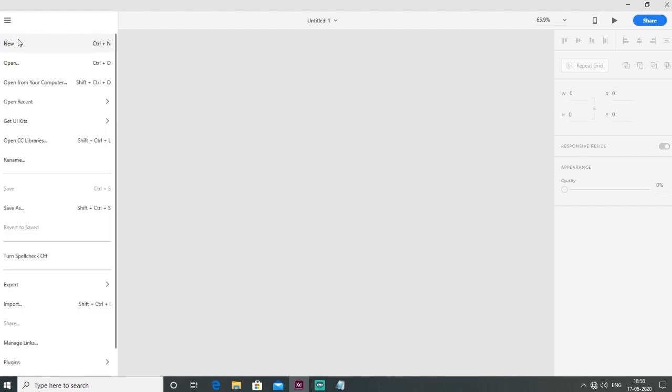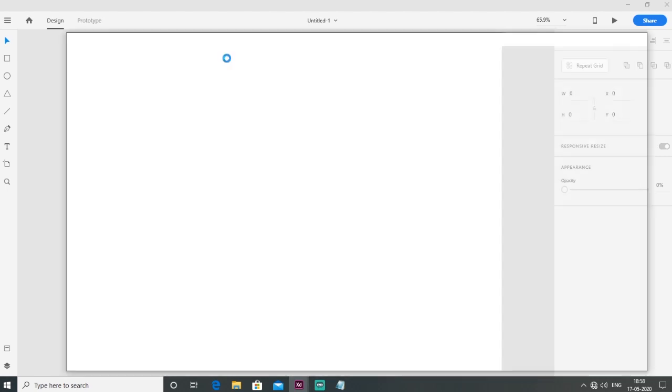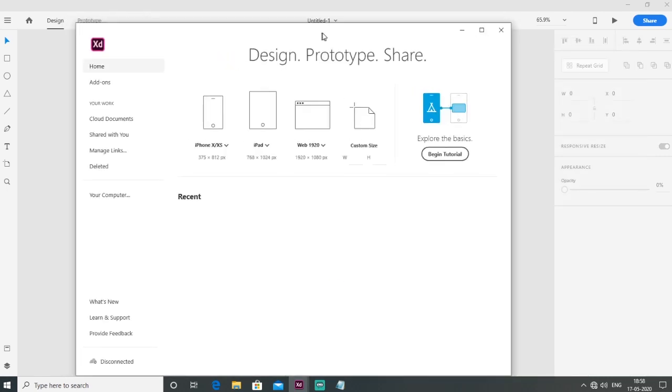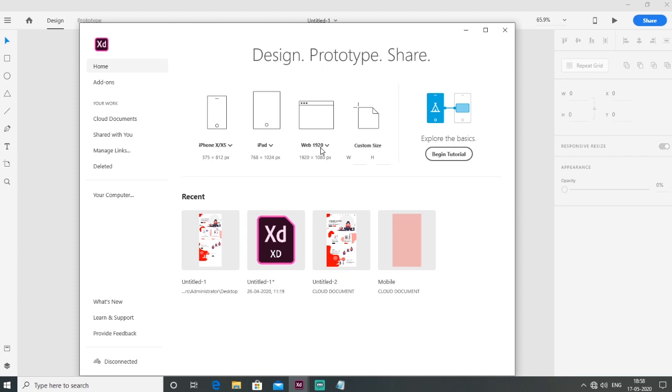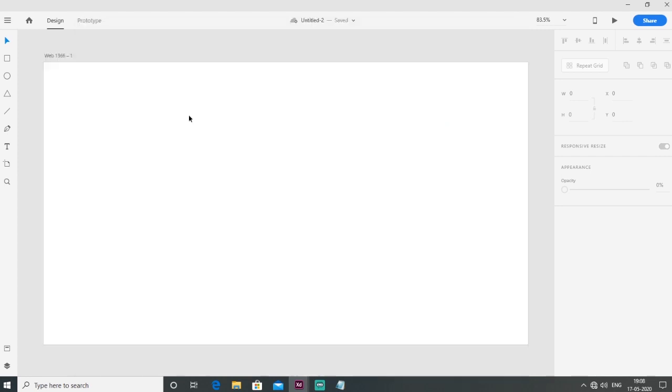So here I go to the menu and I want to create a new work page for a website. I select the website web size 1366 by 768. So here is my page.